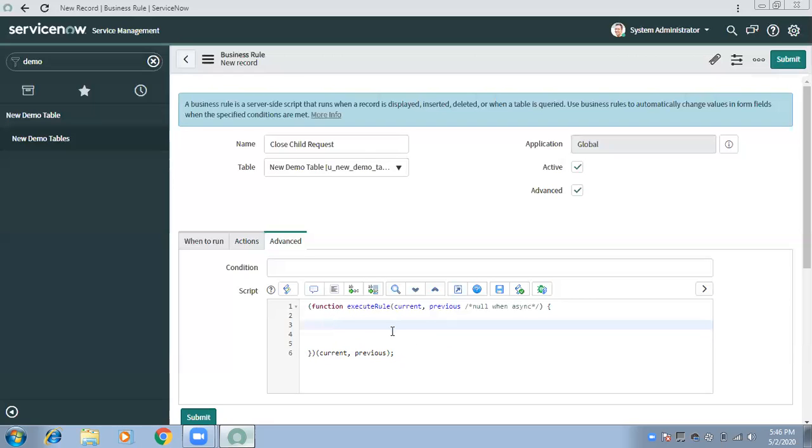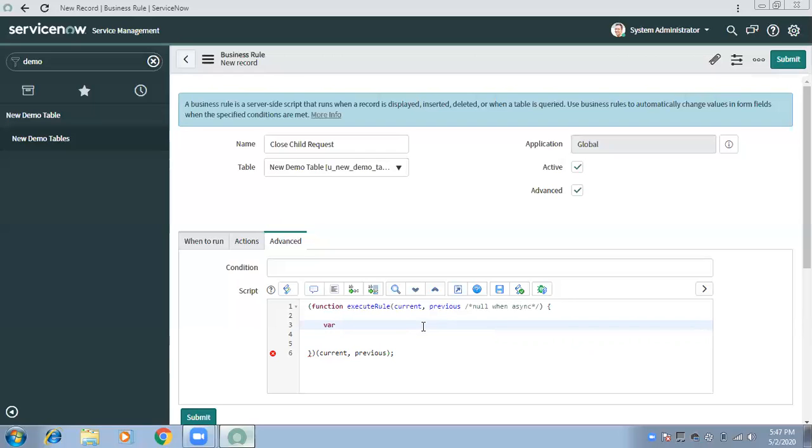Now we need to update the child requests. To update something, I first need to get those records, so first I need to query them. To query, we have the GlideRecord class.